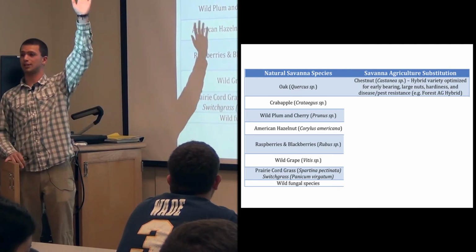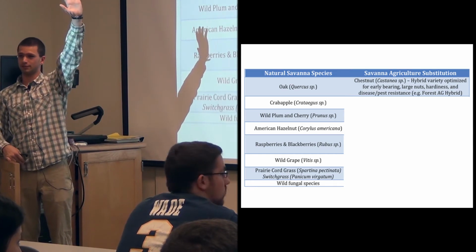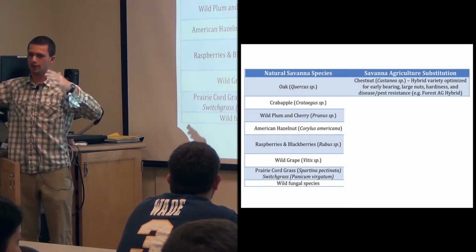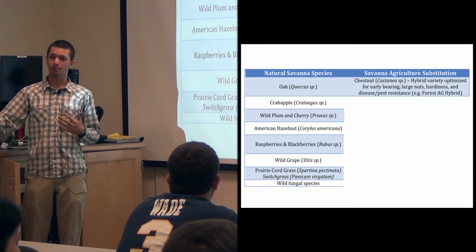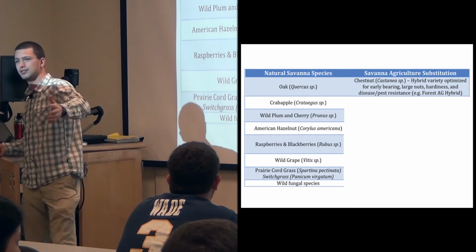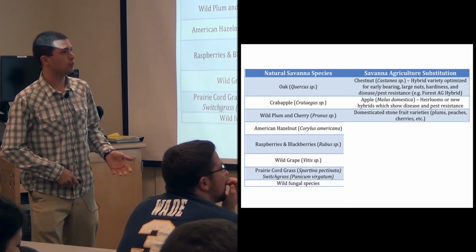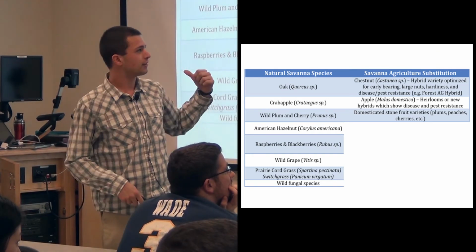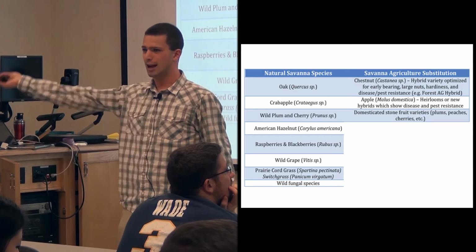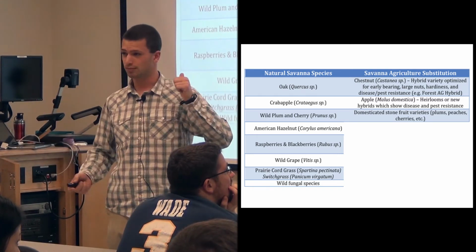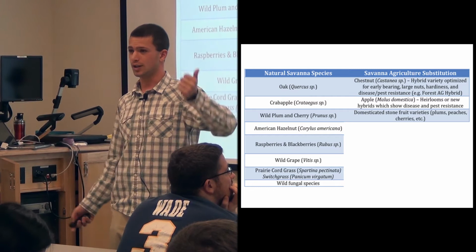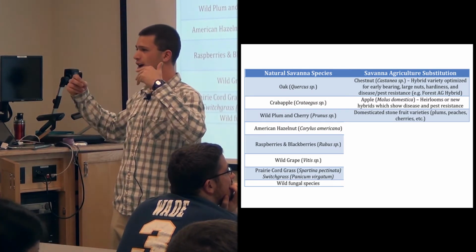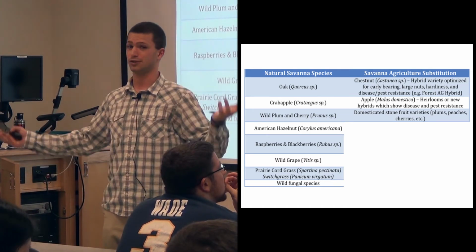But who here has eaten something derived from a chestnut? Great, many more, right? And if you're in Europe, everyone will raise their hands. So it's already a common staple food. It's great. It tastes amazing. We like roasting them over open fires. Then we go to that middle story. We have crab apples and wild plums as the previous thing. Instead of crab apple, let's go same family, same genus, same everything. Let's put in our latest, greatest variety of green delicious, red delicious, whatever apple you want that's disease resistant, pest resistant, drought tolerant, all these great things that we've been breeding apples for over the last 100 years.